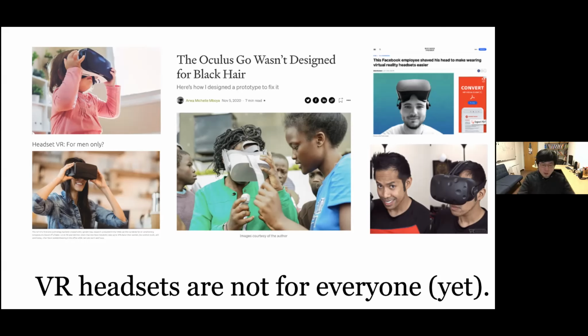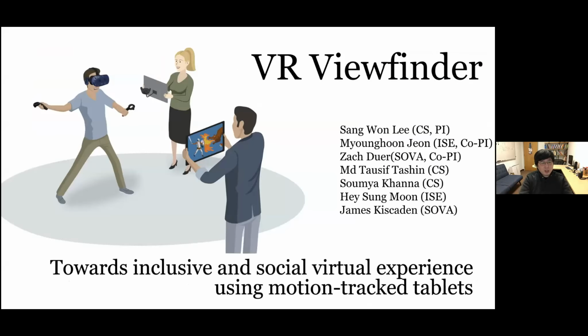So what we suggested here is, why don't we use a tablet, because it's much more widely used by everyone, and you don't have to wear a headset. We suggested a system called VR Viewfinder, where you can use this tablet as a window to see the virtual world through.